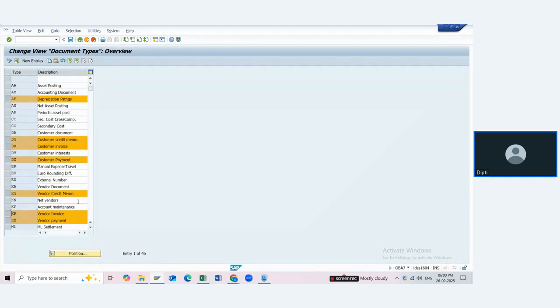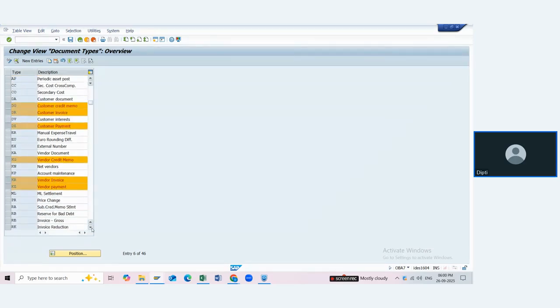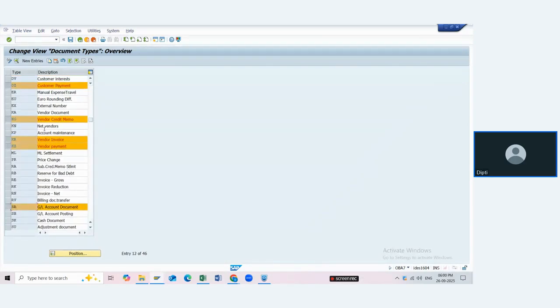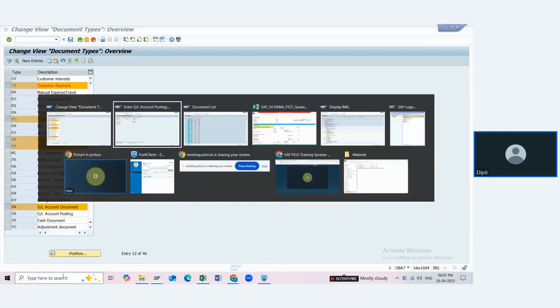So like that, the same logic is applied, and SA is the document type which we usually use for posting the GL related entry, SA. So these are the main document types, and apart from that there are many. Usually whatever they have given as the standard ones are sufficient in SAP to be used. They are okay for us to use. So this is how SAP has already provided us.